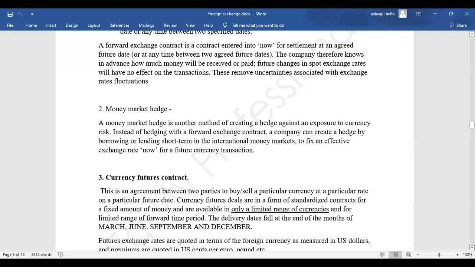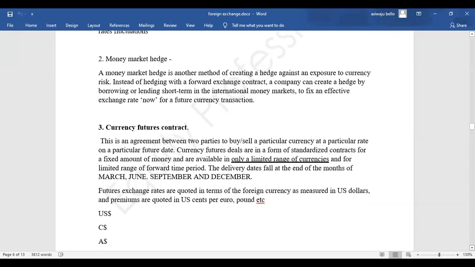The uniqueness of this market, that is the currency futures market, unlike the forward market, any currency can operate in the forward market. In the money market, any currency in the world can operate. But when you get to currency futures markets, only 7 currencies in the world are recognized. What are these currencies? We have United States dollar,